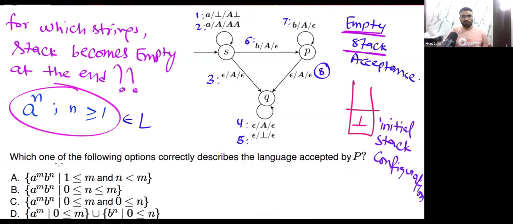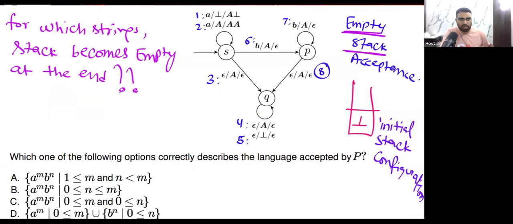So tell me, which option can I eliminate? Let me know. These types of strings definitely belong to the language. Is there any option which I can eliminate by this? Let me see. Okay, so far I don't think any option can be eliminated. But anyway, these strings belong to the language. Let's see some more strings which belong to the language.